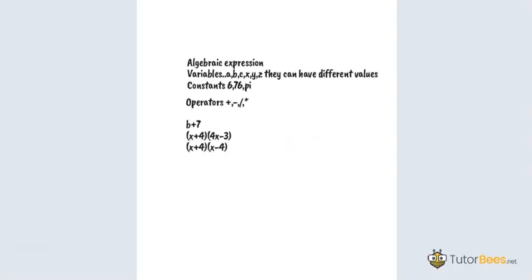So I have taken an example: x plus 4 into 4x minus 3. Okay, so actually, let's just start from the multiplication of this one. For x plus 4 into x minus 4, you can see it's like a structured pattern here. The first term involves a positive sign between the x and 4, and the second one involves a subtraction operator between x and 4, right? So it's a structured multiplication.